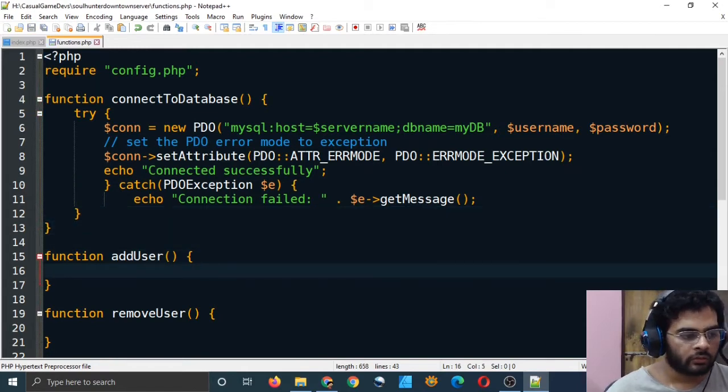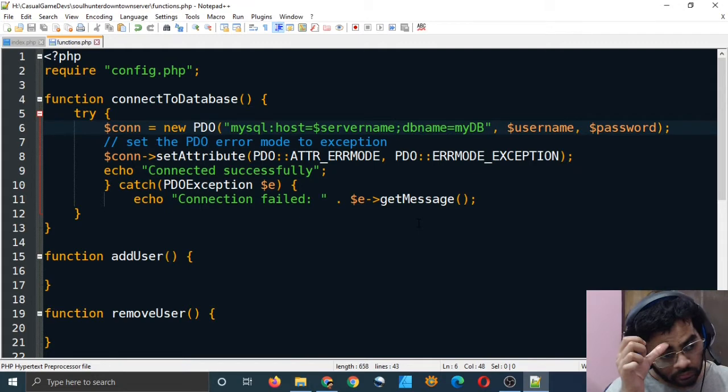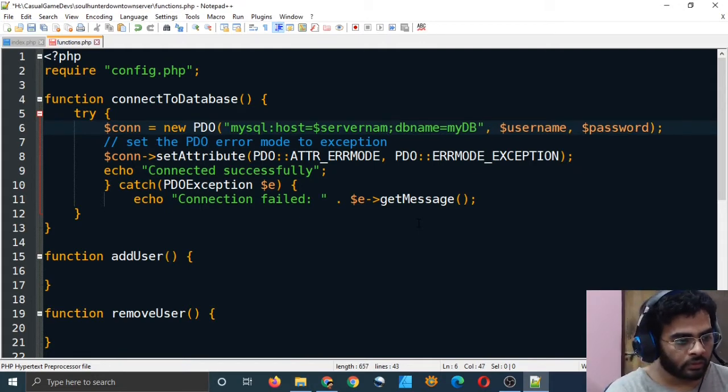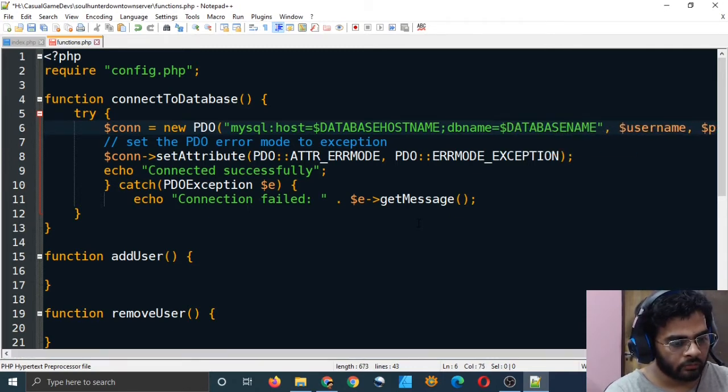So that's our code, but here we have to change these. I wonder if it will take the database host name and the database name from my config file or not.